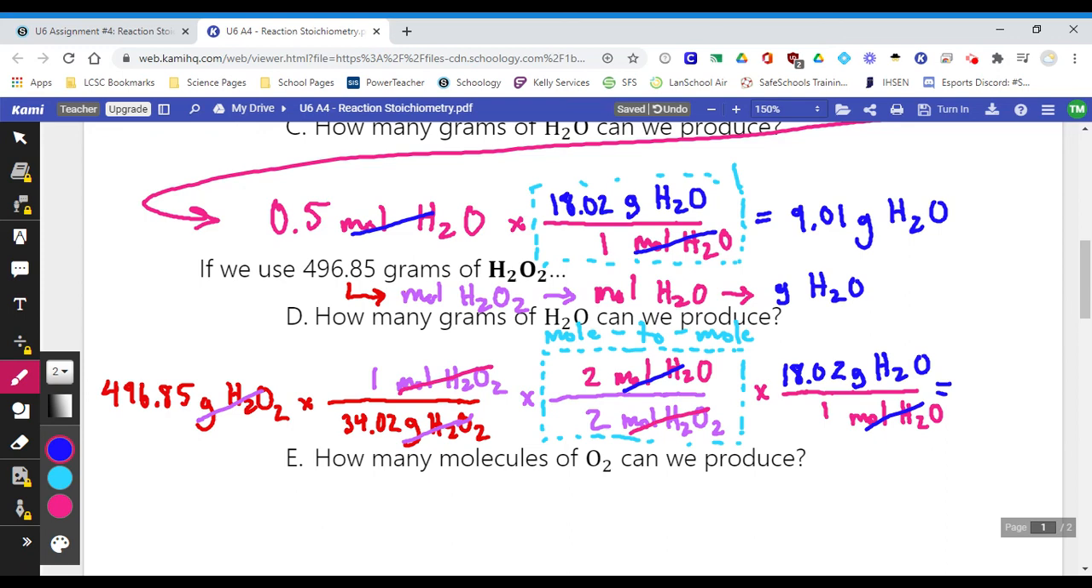All right, so if I take 496.85 times 1 divided by 34.02 times 2 divided by 2 times 18.02 divided by 1, I should get my answer. Now, multiplying and dividing by 1 is not going to change your answer. So if you want to skip those, that's fine. But do not skip the important stuff like the 34.02 and the 18.02, okay? Do not miss those because you're trying to skip ones and make your life a little bit easier. So 496.85, I like to just put all of it in. Times 1 divided by 34.02 times 2 divided by 2 times 18.02 divided by 1 gets me, let's see,